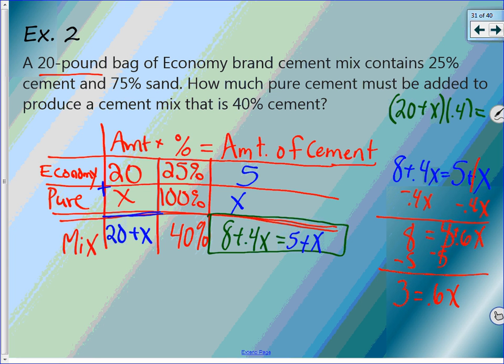So why would it be 5 plus x and not 5x? Okay, because when you think of amounts being combined, you have this much on a scale, and then you're putting more on the scale. Those just get added together. Okay. So going across the table, left to right, multiplying,